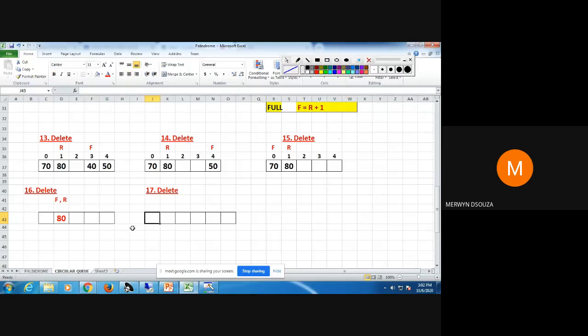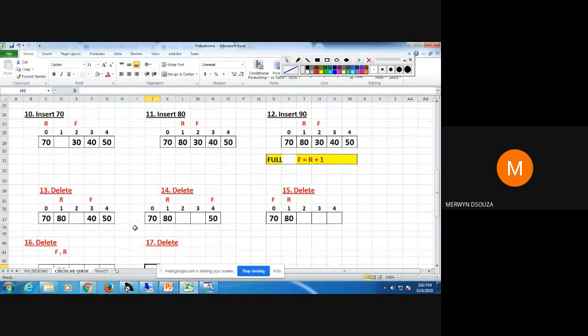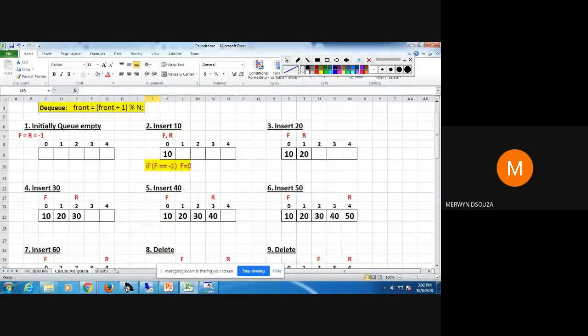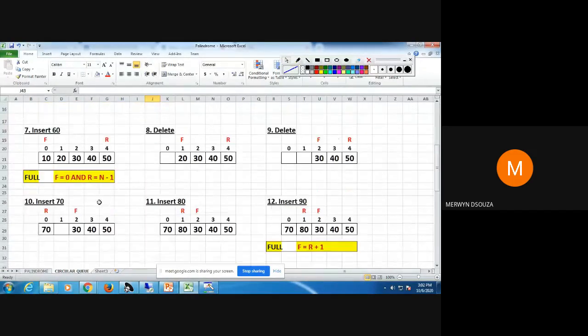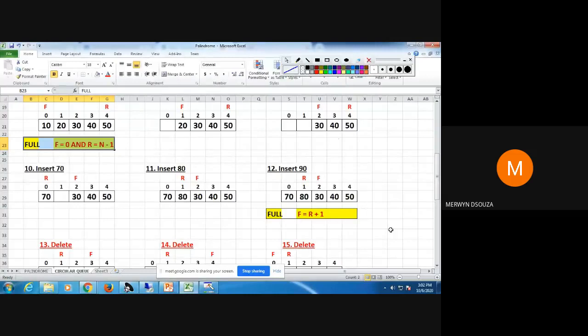So now, okay, I have told you the queue full conditions. The queue full conditions are these two. There are two conditions. One I have shown in step 7 and one in step 12. Okay, I have shown you how it should be put in an if statement. That is for Q full.